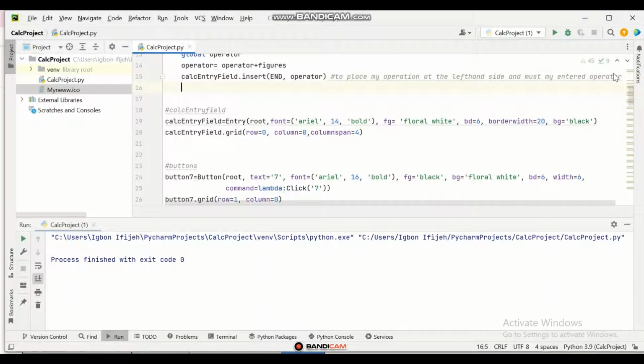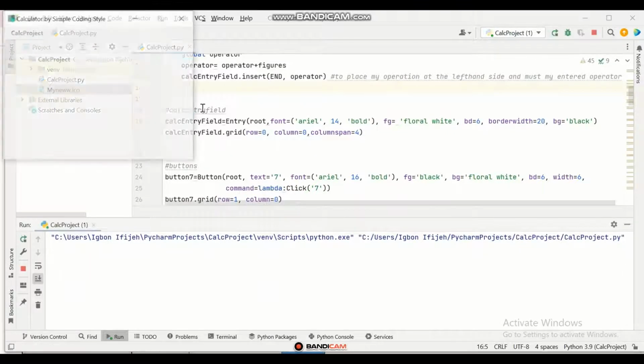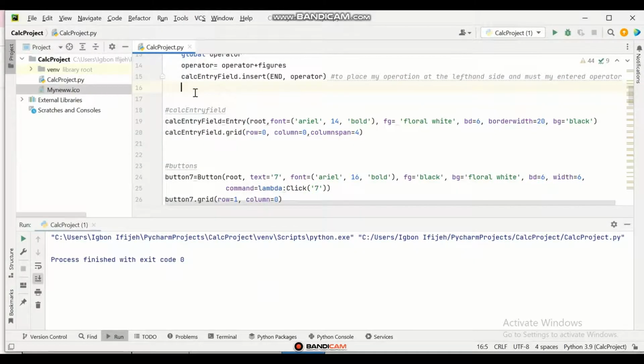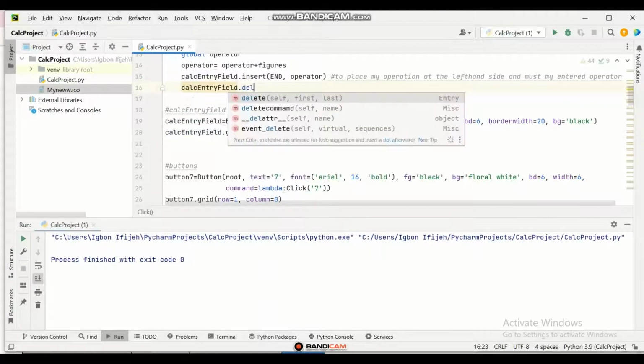So the next thing I'm going to do is include my delete. What this is going to do is delete after every operation. If you can notice there, the figures are repeating themselves in multiple numbers. So when you include your delete widget, it is going to help to delete the figures after every operation. So I'm going to include that calc entry dot delete,